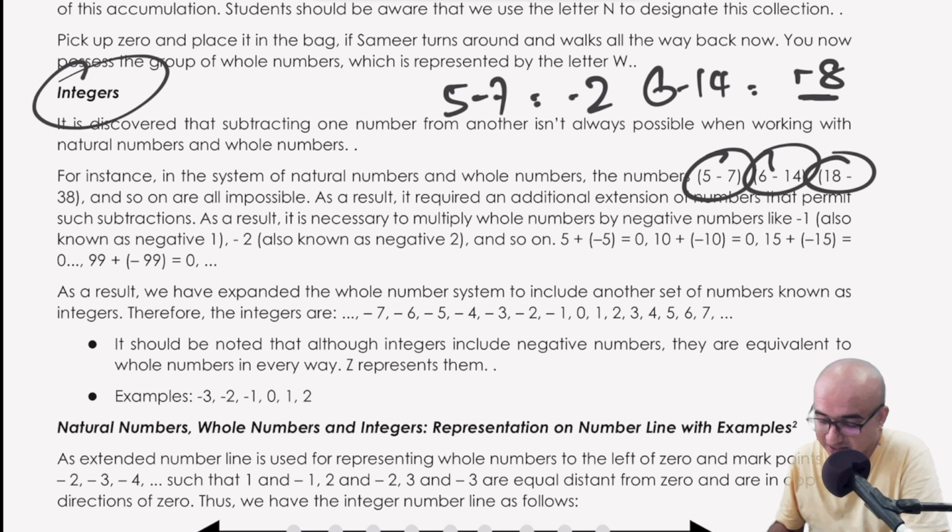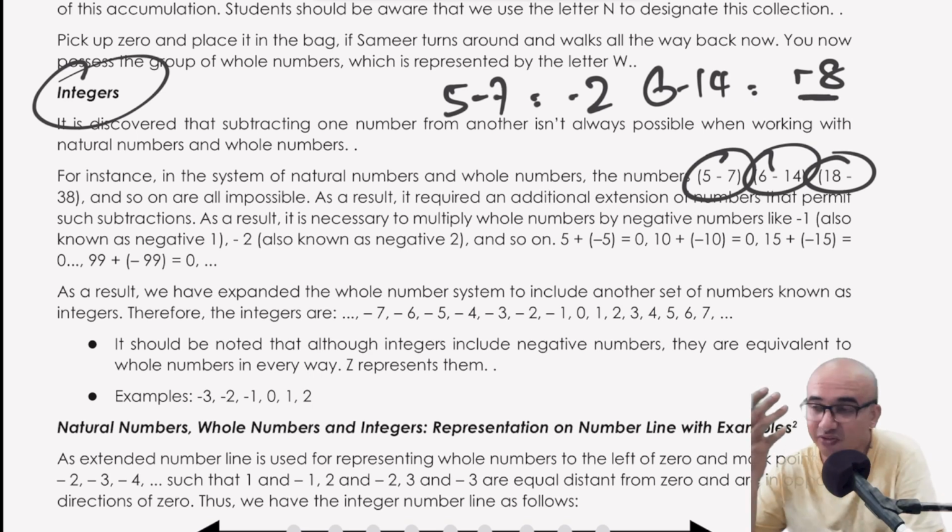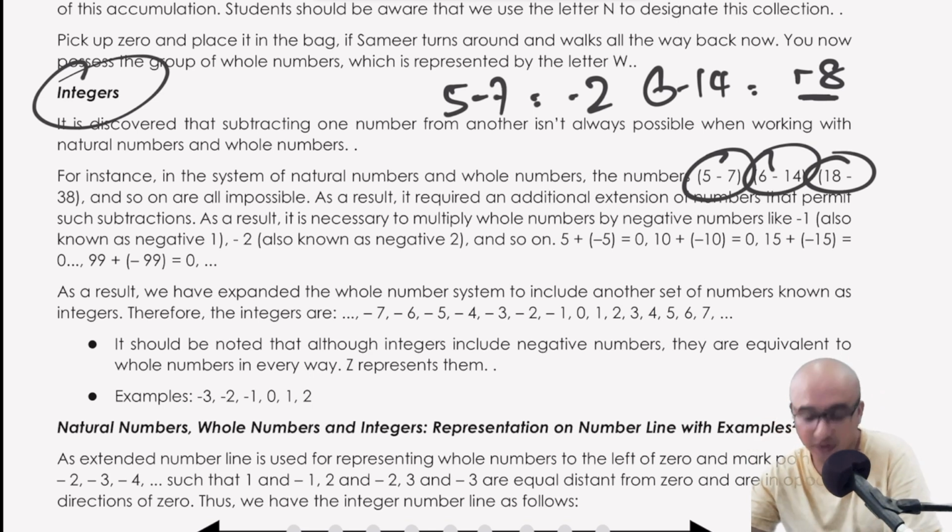So that is the reason why they perhaps thought that we need something else which can extend the number system to handle these situations where subtraction is not possible with the natural or the whole numbers. They thought we need an extension of the existing number system. As a result of that thought, we have something now known as integers. Negative numbers, denoted with a minus sign, were introduced to allow for these types of subtractions.